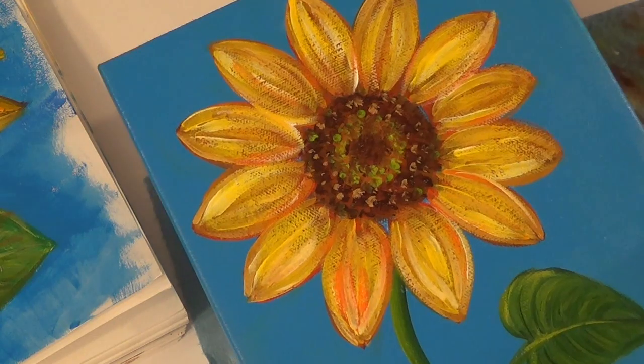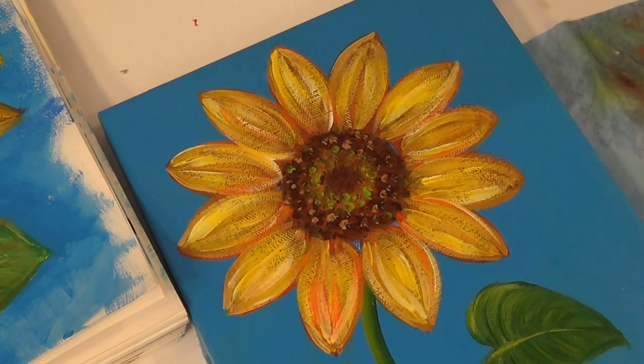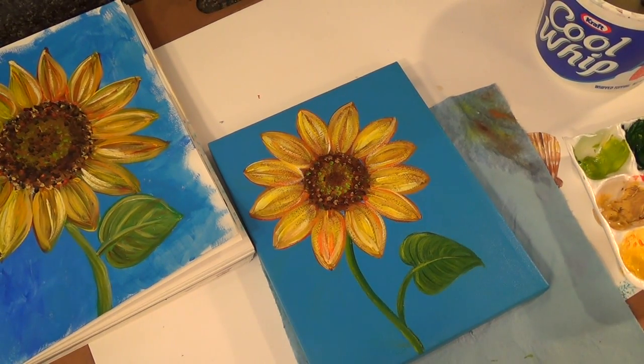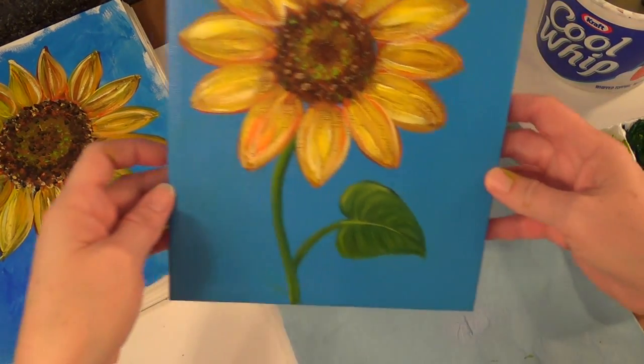Alright, so that's it. That's our project. I'll zoom out so you can see the whole thing. Oh, I was doing my leaf without even zooming out. Darn it. Hope you could see what I was doing. Oh, I'm a mess today. Okay, so that is